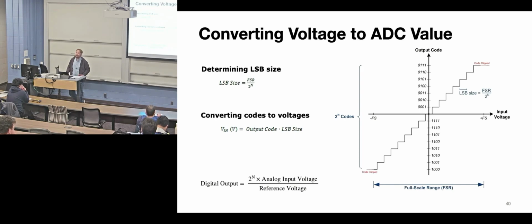I'll make a slide specifically on this because all the data sheets you'll ever see use this form. They don't do minus 1 because they're like 16 bits and, meh. Honestly, Analog Devices doesn't care, and they're usually the most accurate of everybody. But you're right, there should be an n minus 1.